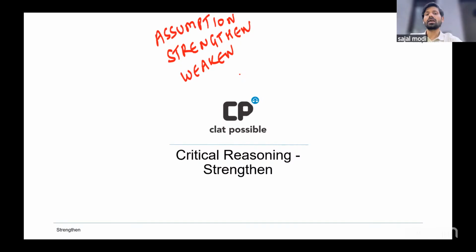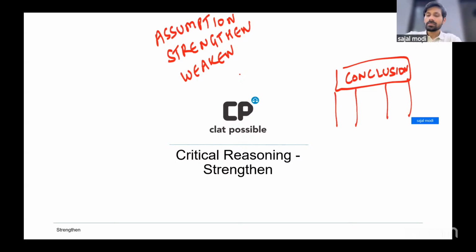What does it mean to strengthen the argument, right? So the argument that we come across in a paper like CLAT spans some paragraphs, or sometimes in AILET, it is just a single paragraph containing an argument. We understand an argument is a conclusion, something that the author is trying to prove, something that the author believes in, and then he provides support for that conclusion, right? In form of